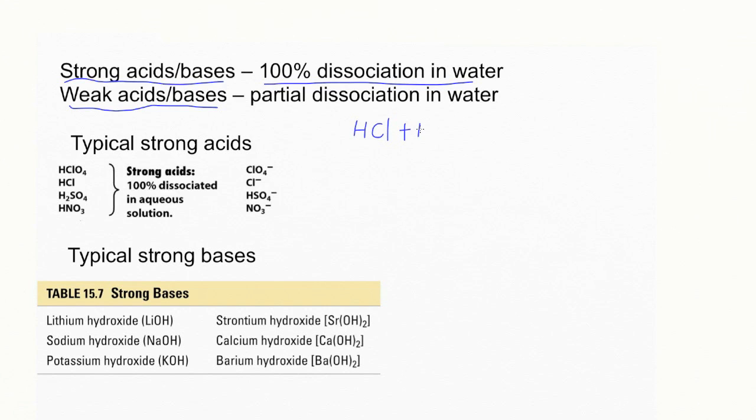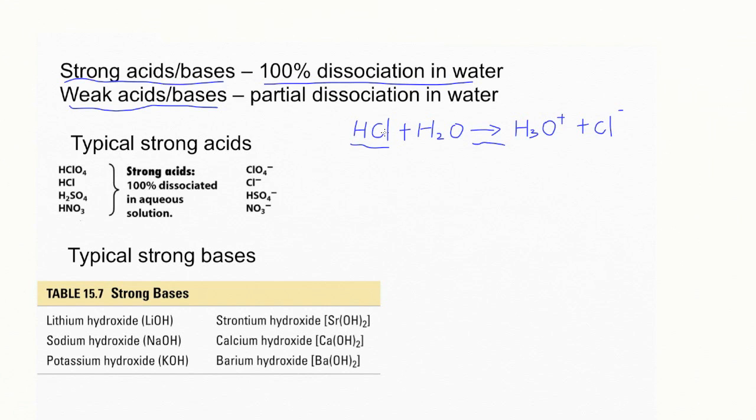If you dissolve hydrochloric acid in water, you will get hydronium cation and chloride. And if you do experiments, you will find out that all of the hydrochloric acid molecules will dissociate. There is no hydrochloric acid molecule left at all. So we use a one-way arrow to indicate that this is 100% dissociation and the hydrochloric acid is a strong